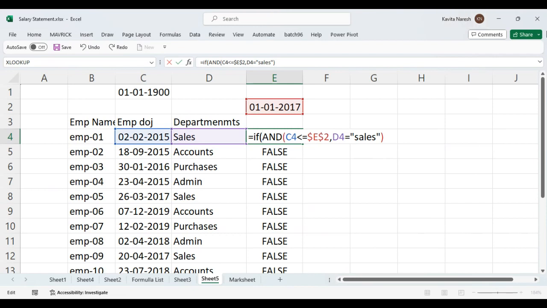C4 greater than E2, C4 less than E2. If C4 less than E2 and D4 is equal to sales, then commission rate is 10%. If the person from sales department